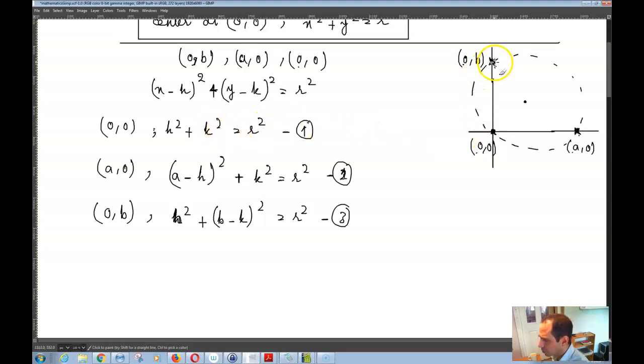but since basically only a and b are given here in the problem, that means that you need to find everything in terms of a and b, meaning that your r has to be in terms of a and b, your h has to be in terms of a and b, and also your k has to be in terms of a and b. So what that means is that, for example, if you compare these 2 equations, you see that you have r squared on the right hand side, you have k squared, and then you have basically h squared and these 2 terms over here. That means that from 1 and 2